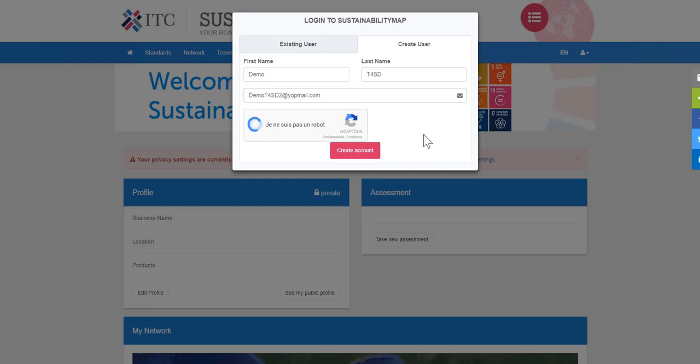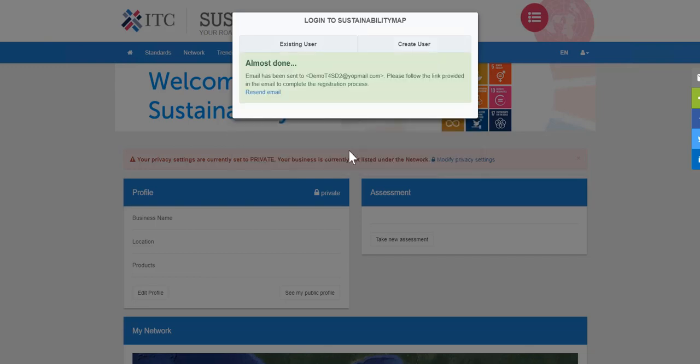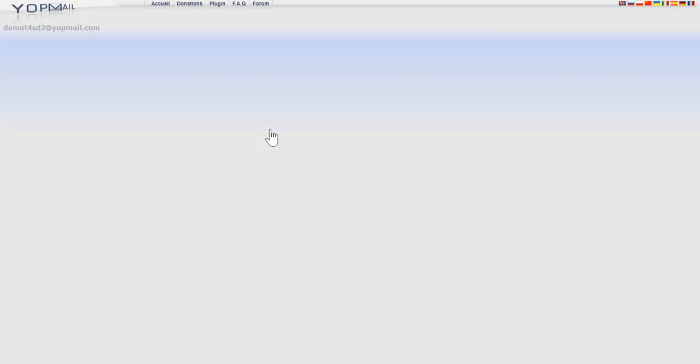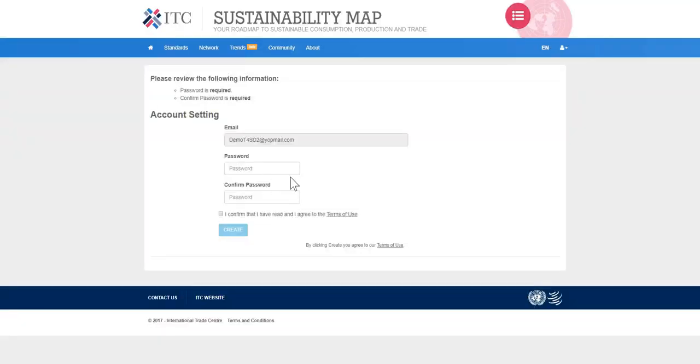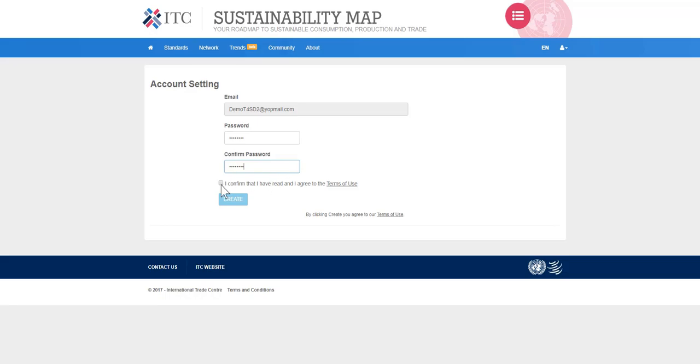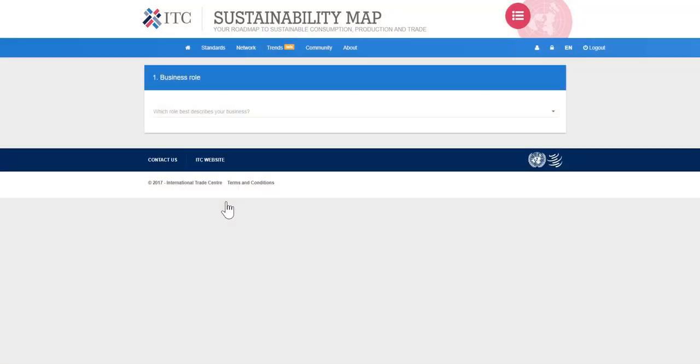You would specify that you're not a robot so that we're not spammed with fake accounts. You would go and validate that specific email. I'm using Yopmail. It's a service that enables you to create fake email accounts. You're taken to a page where you can set up your password, and then